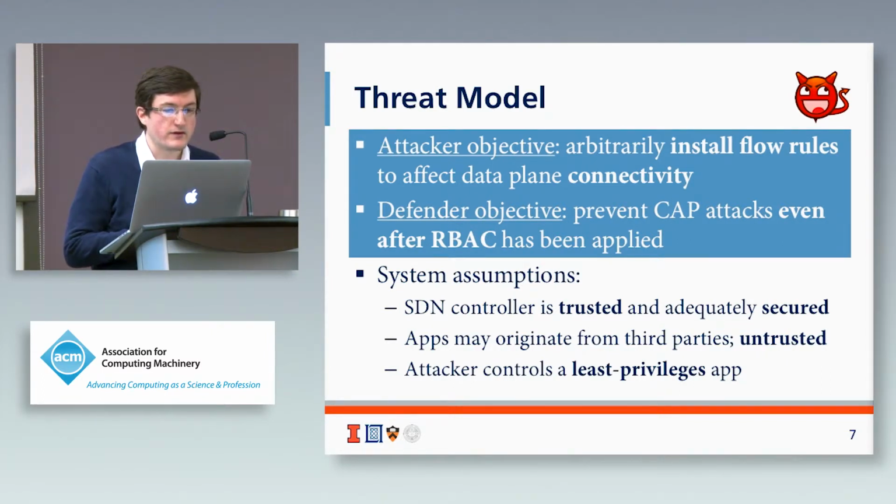There are several cases where different SDN controller ecosystems have app stores that people can download third-party written applications that can then talk to different components of their network to either get information out of what the network is doing or enforce some kind of policy in the network. Finally, we assume that the attacker controls the least privileged apps. So we assume that the practitioner enforces least privilege access control in the network so that the applications can at least perform the minimal functionality that they need to perform successfully.